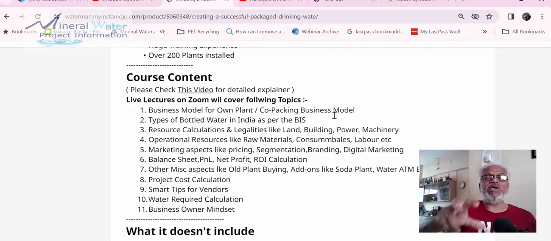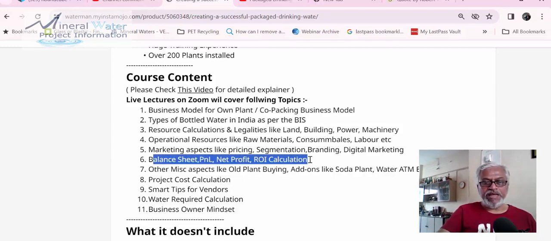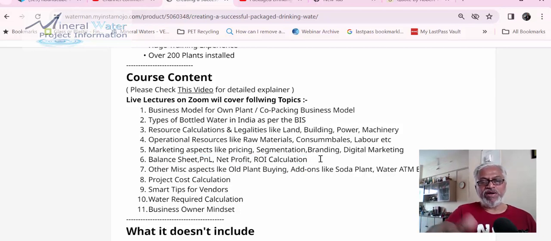That is why we have created a long format training. The training portion is actually small, but the discussions might go a little longer. Which machinery, and how should it be selected. These things are all necessary. And we'll also talk about operational resources like raw material, consumers and labor. These are very important while calculating and making the financial projections. Balance sheet and P&L and all that, it is reflected there, and why it is important.